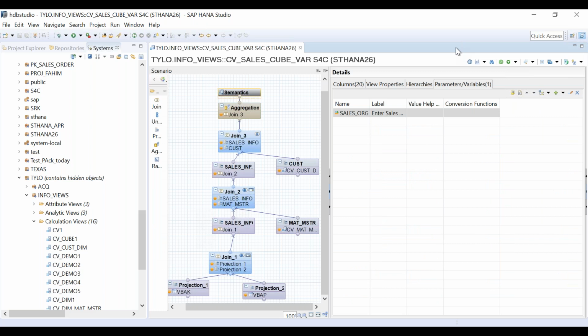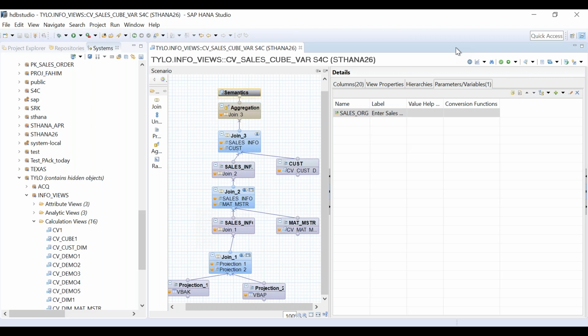Now the question is, what are the different things you can do with the variable? The only thing you can do with the variable is the filtering part. You cannot use a variable as a placeholder, which you can do with an input parameter. Now you got the difference. I cannot just take any information from the user, like please give me discount yes or no, what is your name.